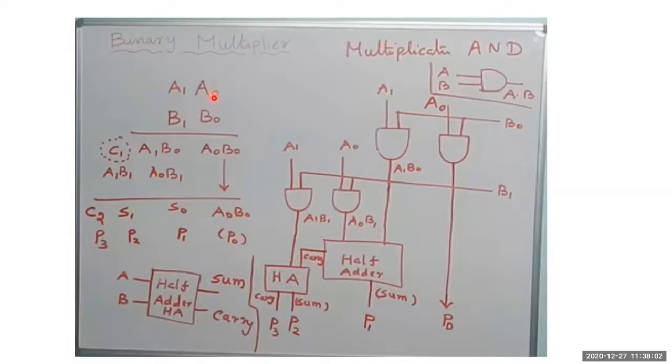A naught and A1 and B naught and B1 are multiplied. You can see now, for the multiplication, an AND gate is used where A and B are the inputs and the output will be A dot B. So in order to do any kind of multiplication, if it is A naught A1, B naught B1, first B naught is multiplied with A naught, and I get one partial product called A naught B naught. In the similar way, B naught is multiplied with A1. Whenever it is multiplied, I get a partial product called A1 and B naught.